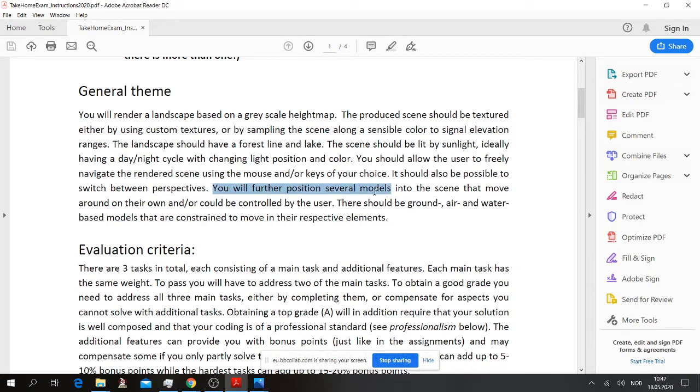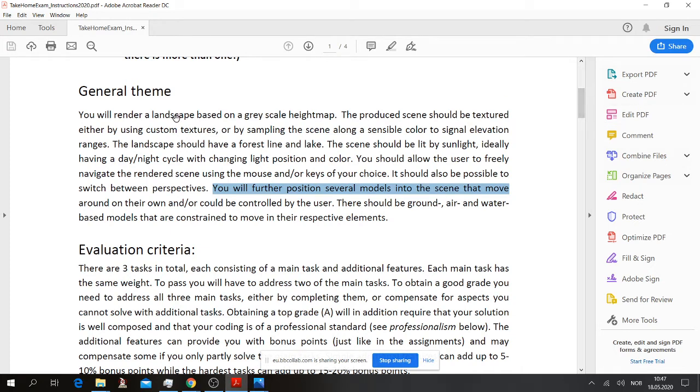And you will have several models that you can load into the scene. It should be 3, at least, where you have one that is based on the ground, one that is floating in the air, and one that is in the water or the lake, basically. They should be able to move around on their own or be controlled by the user as a possibility.